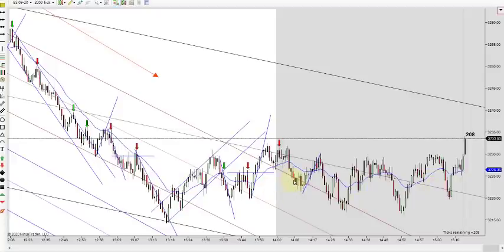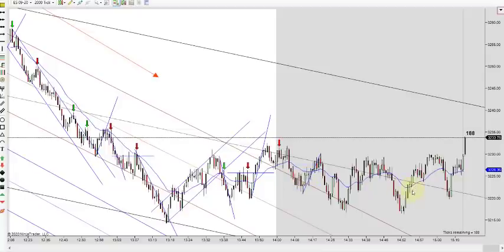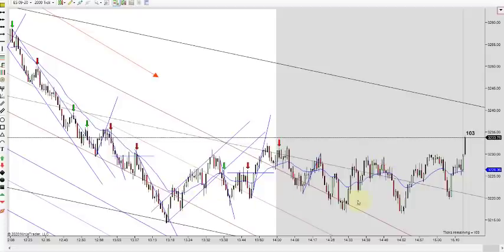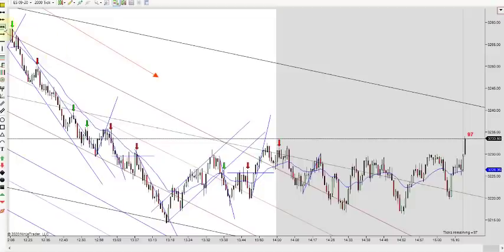The overall bias though is still down, but we got a range within that. So keep that in mind. You still want to mostly look for shorts. Look how we're making lower highs still, but we're still in a sideways. So you got to be careful taking second entries and entering in the middle of this. You only want to get short off these highs, and you probably don't want to do any buying, although you probably could have bought these lows. I didn't even put a line on there, but you probably could have bought them, but I wouldn't try to do it on a range day.